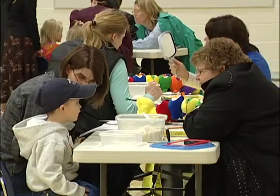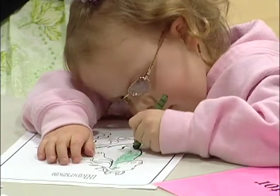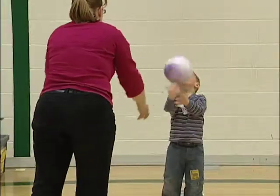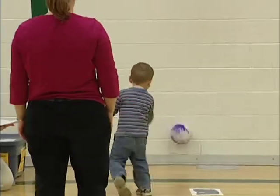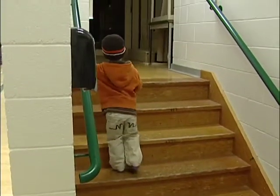For these preschoolers, the first step in their education careers began with some fun and games at this developmental checkup held recently in Nobleford for Palliser Regional Schools. In a fun and friendly way, the children were tested and observed to see how they were developing in certain